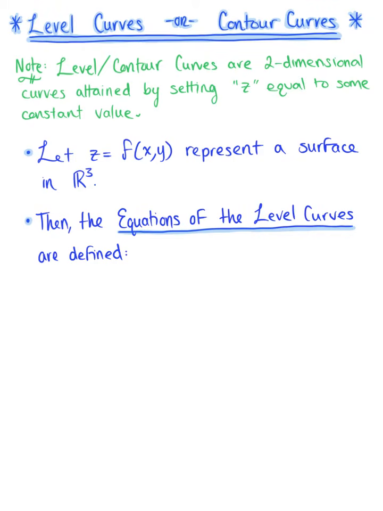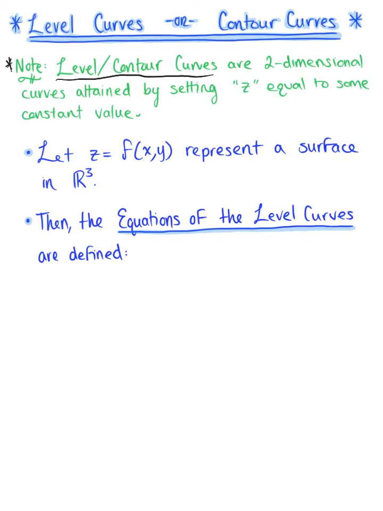So here we are looking at level curves or contour curves. And I had mentioned these briefly back when we were looking at traces of cylinders or traces of surfaces. So level curves or contour curves are the traces specific to the z values. So let's note to get us started here that level curves or contour curves are two-dimensional curves attained by setting